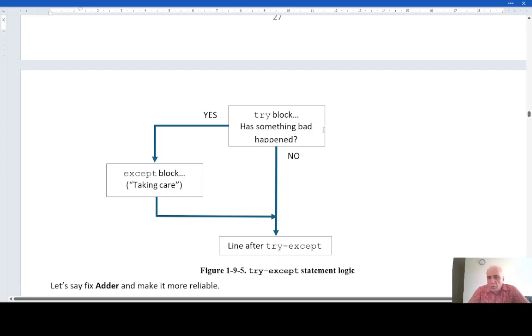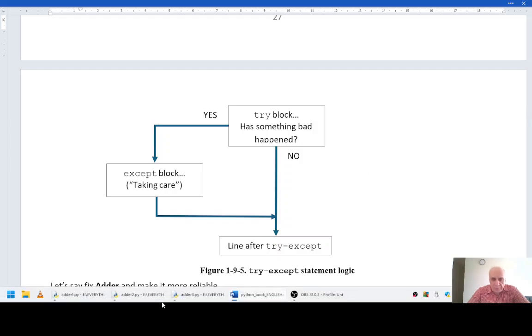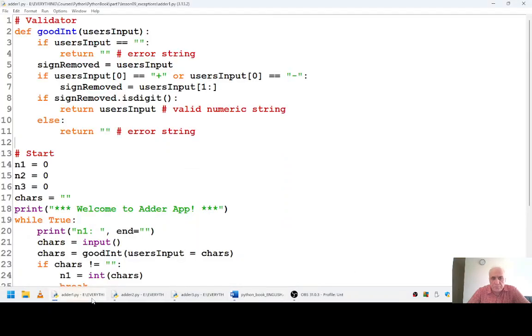but with a try block it's vaguer. So the logic is vaguer, because if this block is big, it's sometimes hard to tell exactly what line was interrupted, at what line the exception happened. Okay, now,